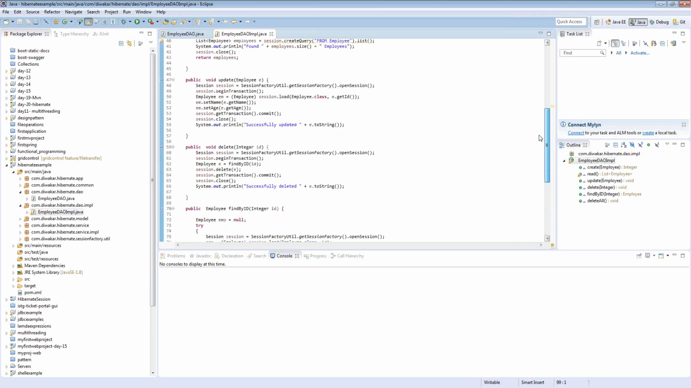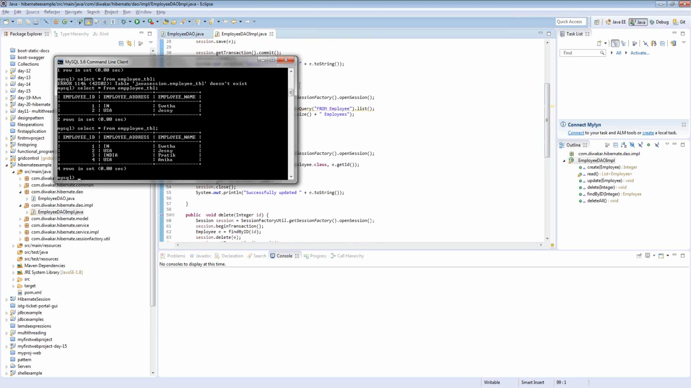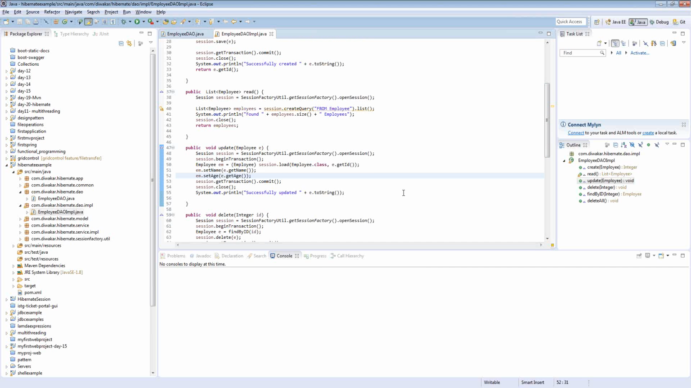Which one have I opened? This one? Okay, oh, I think this is another project. Okay, sorry. Yeah, so